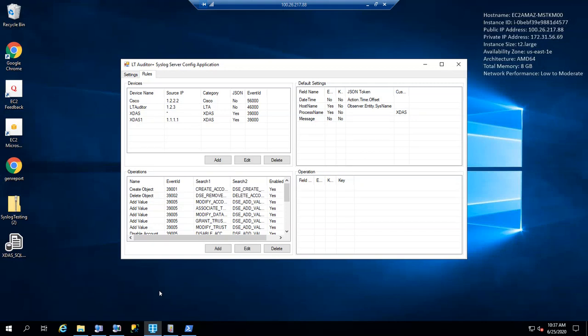Hello. Now that you've configured the LT Auditor Syslog Server, you'll now be able to set up the rules. In this video tutorial, we will go over creating an operation and adding a device with JSON token-based parsing. Prior to adding a new device for creating rules, first get the device to send messages to the LT Auditor